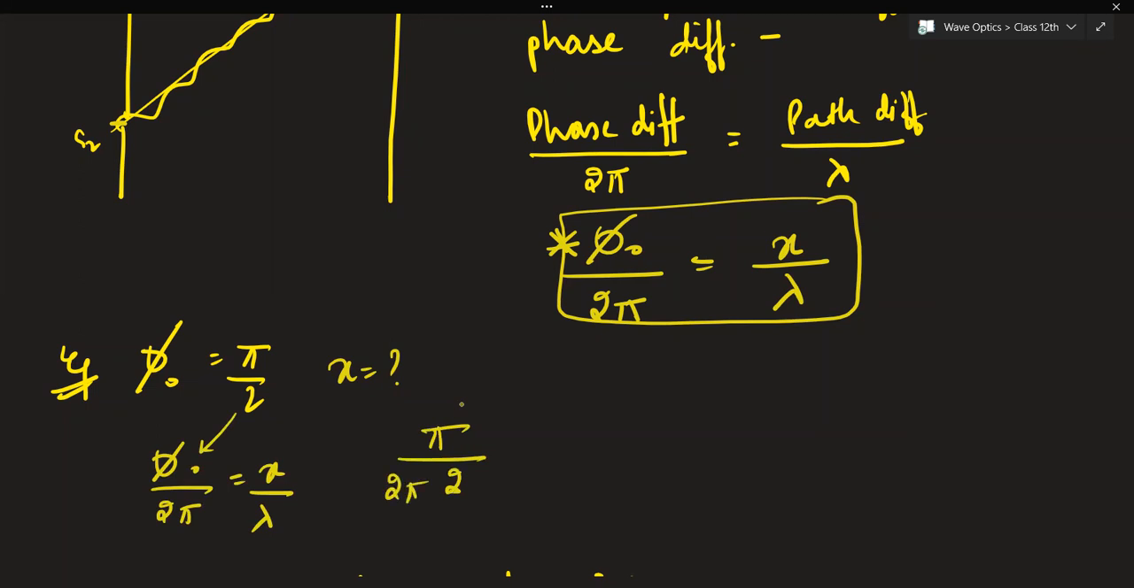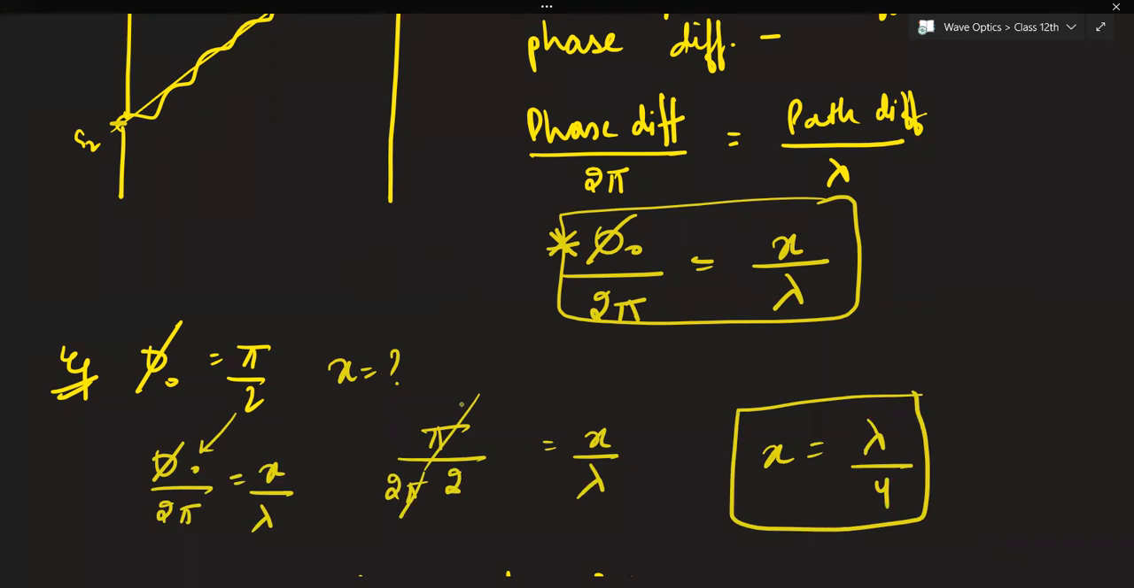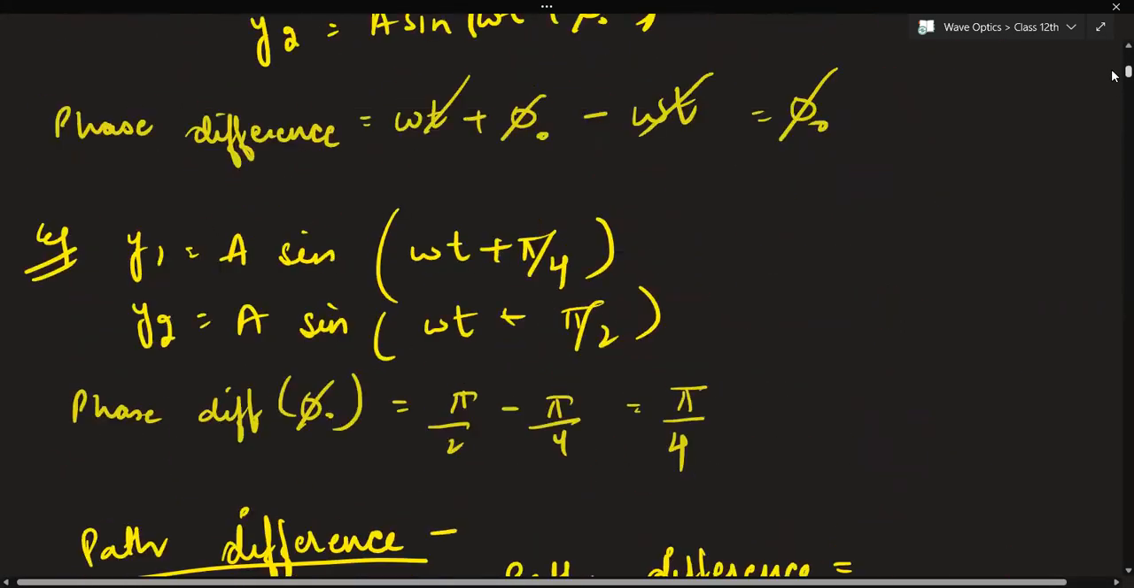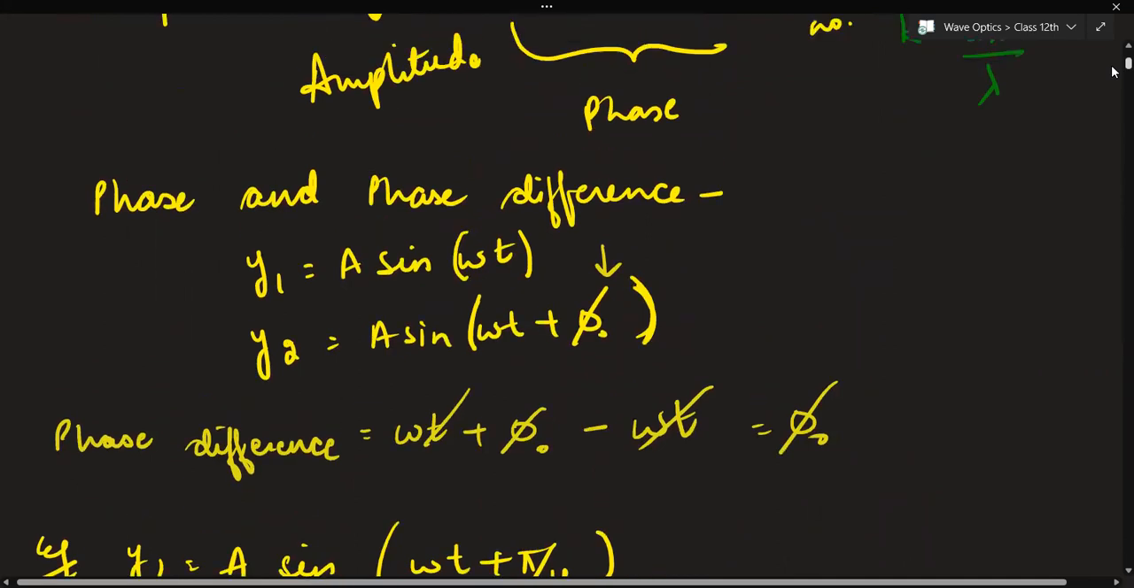You have 2 pi is equal to x by lambda. Pi gets cancelled. Path difference becomes a quarter of the wavelength. Whatever is the entire wavelength, just 1/4 of it. Fine. So this is about path difference and phase difference, a very basic topic that you need to